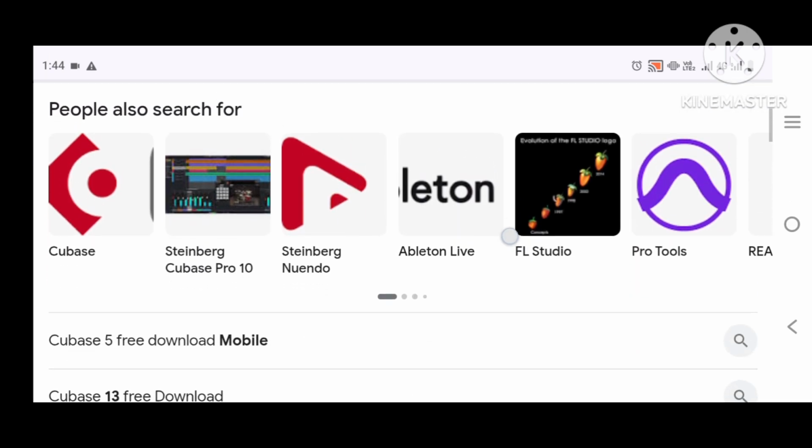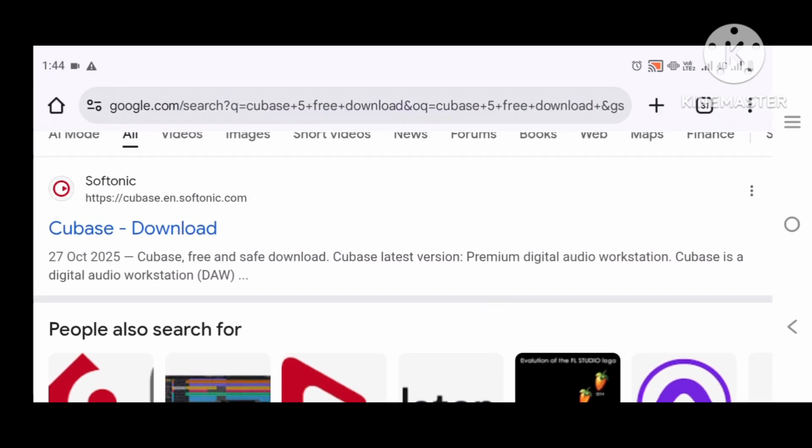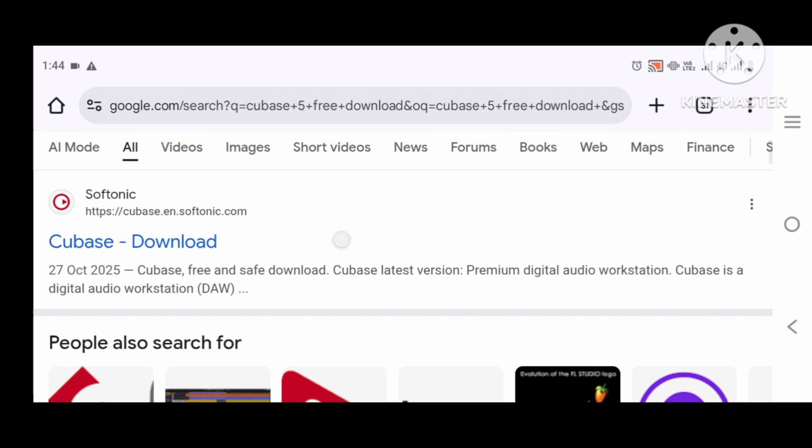Now, after you've searched Cubase 5, you will be taken to these options. Now, there are a variety of options here, but if you want to download Cubase 5 now, the first one,